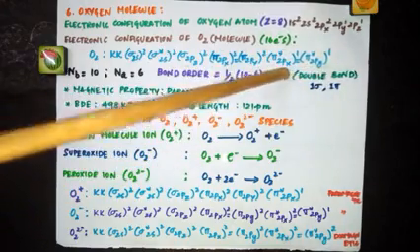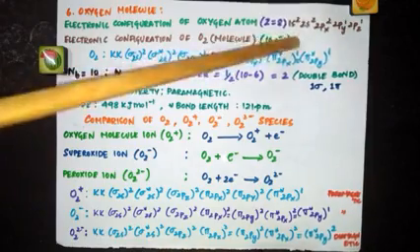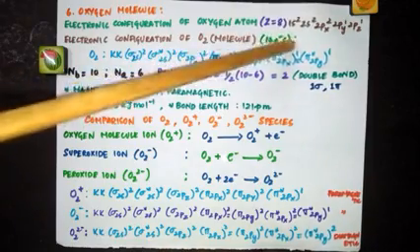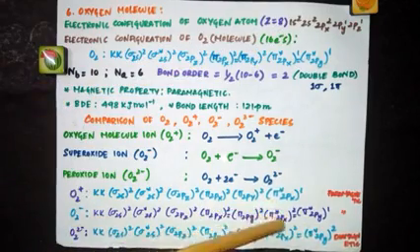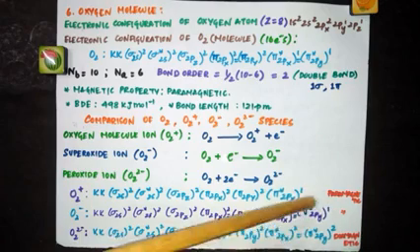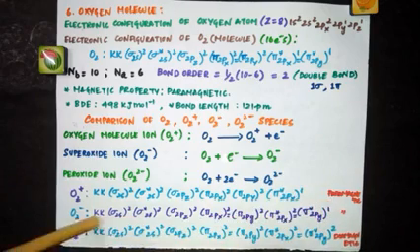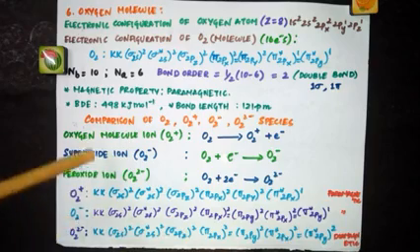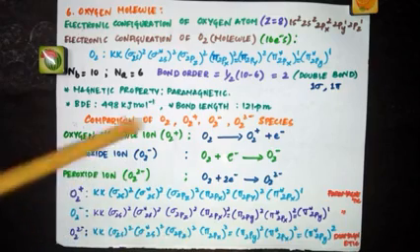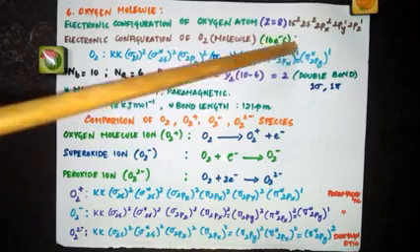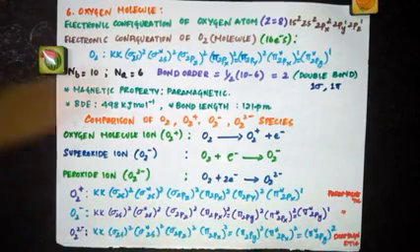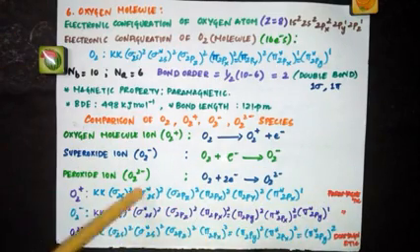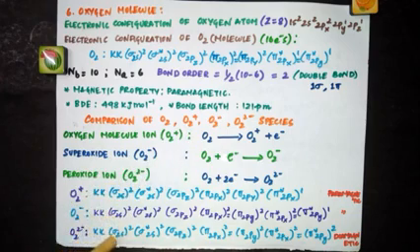Okay, these are degenerate levels. They are singly occupied, so now pairing occurs, so that one extra electron comes here. Now see, this is the electronic configuration where you have pi star 2px2 equals pi star 2py1. So this is the electronic configuration of O2 minus. And the last one, O2 2 minus, you have to add 2 electrons. So 1 electron here and 1 electron here. So you will have pi star 2px2 equals pi star 2py2. So we have written the electronic configuration of all these species.